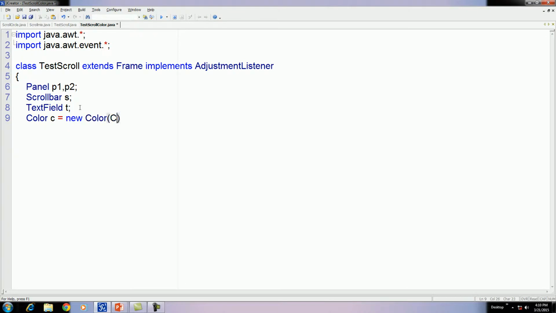Suppose color is color dot red, yellow. Okay, here we have an array of colors, 1 2 3 4 5 colors.